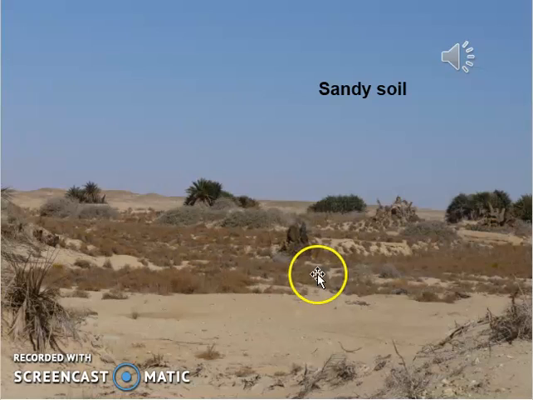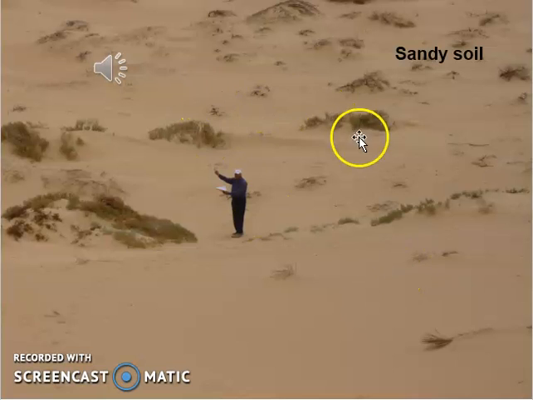The sandy soil here can be used for grazing. If you find a tree like this, it means that there is underground water, and maybe you can dig a well and find groundwater. It looks like an oasis. Vegetation cover here is less than in the previous photo, but it's a sandy soil.